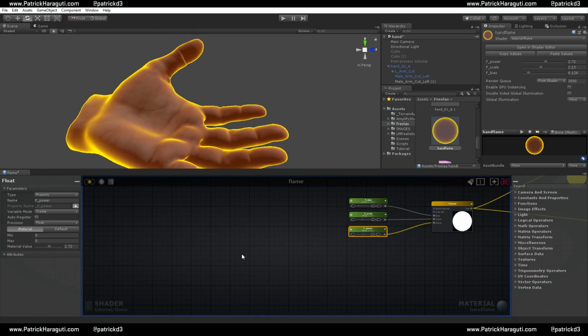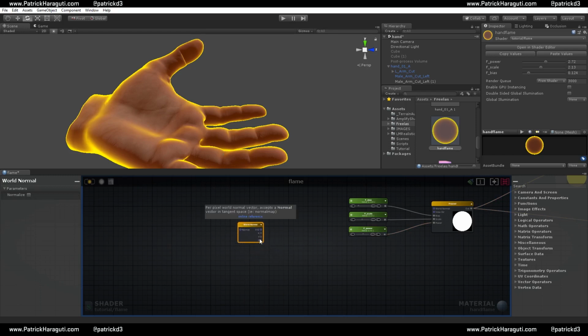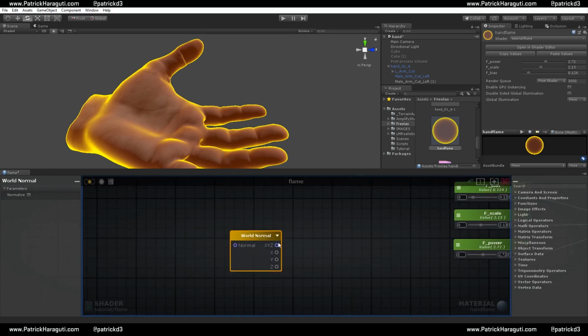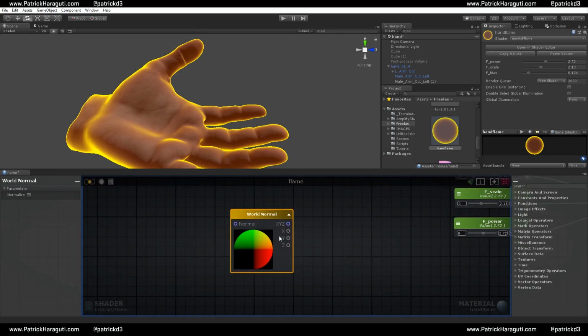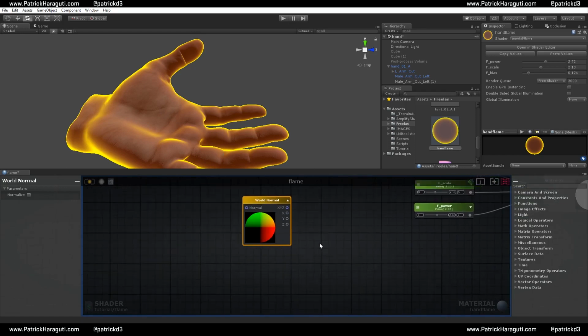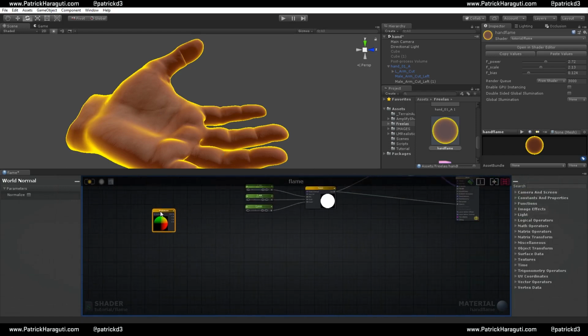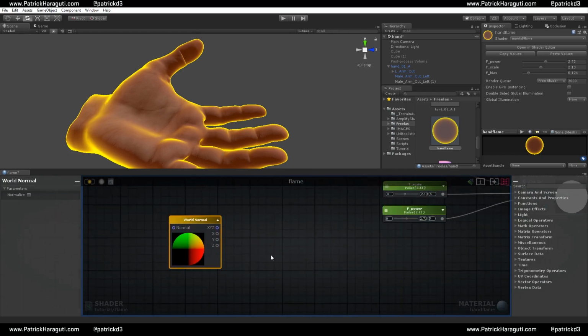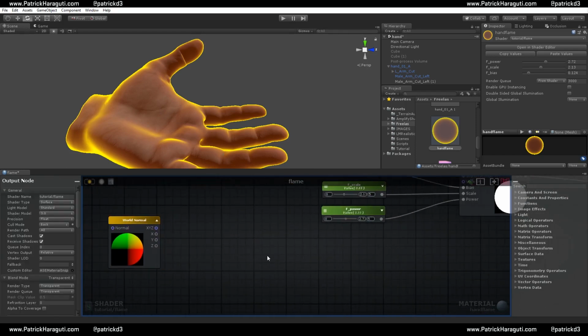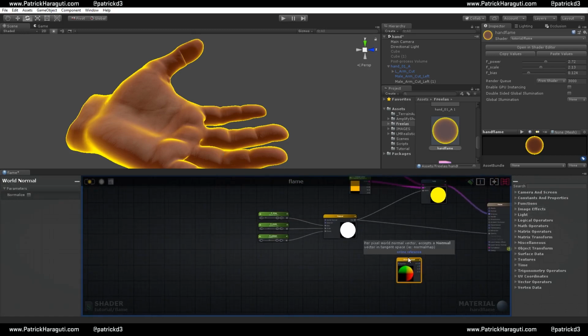So to do this, I think we need to create a world normal. Let's find here, World Normal node. Let me open here so you can see. So this transfers the world normal to an object local rotation as normal. Let's do something so you understand. Okay, so I need, let's link here in the debug mode so you can see